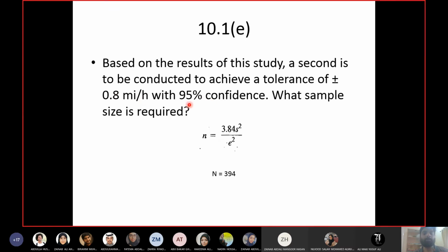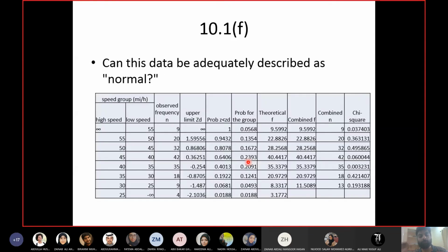Okay, so for 95% confidence level, n is calculated using this equation. We saw it yesterday. So s is the standard deviation, which is 8.12 for my data set, and e is, so now here I will not assume it because the standard deviation is already known at this location for the speeds, and e is the tolerance level, which is 0.8. You put these two values, you get n as 394. So in order to cover 95% of the population of the drivers, in order to be sure 95% about your data, with a precision of 0.8 miles per hour, you must collect at least 394 values.